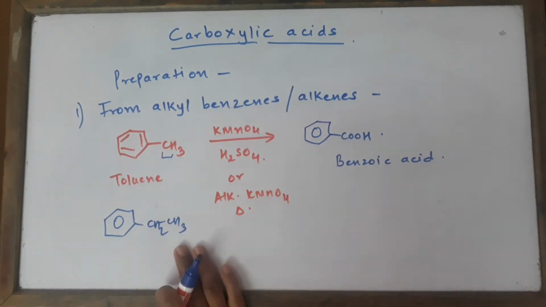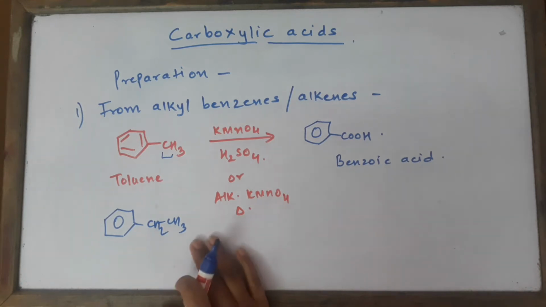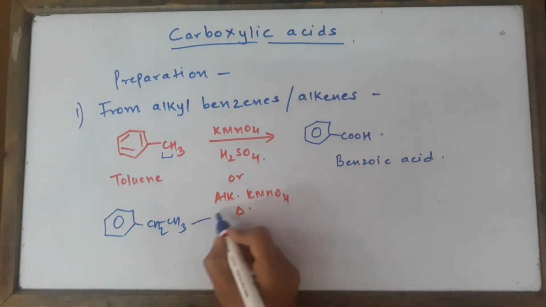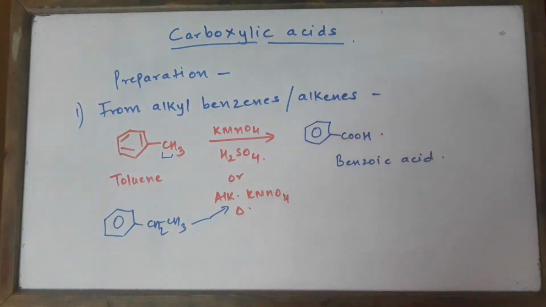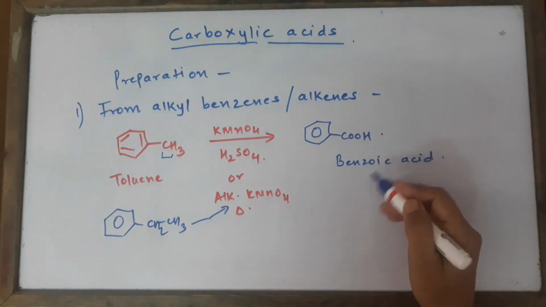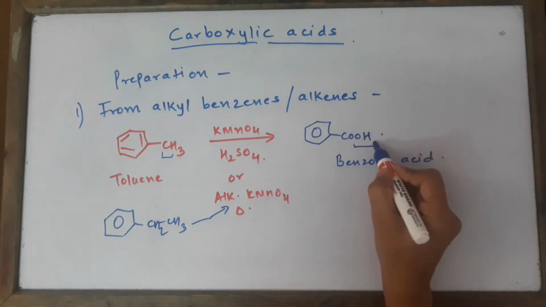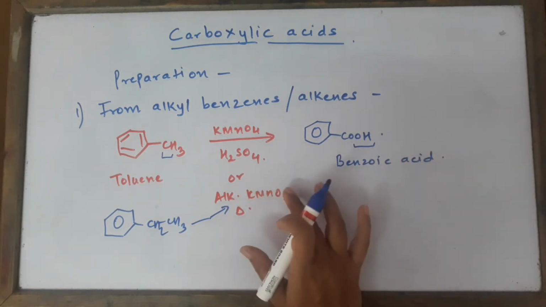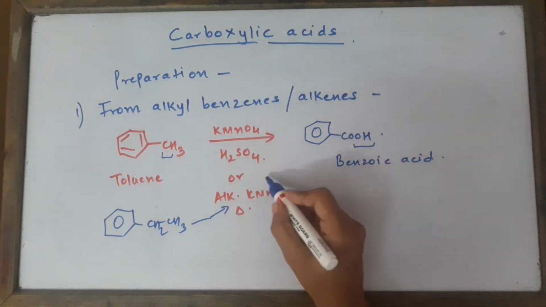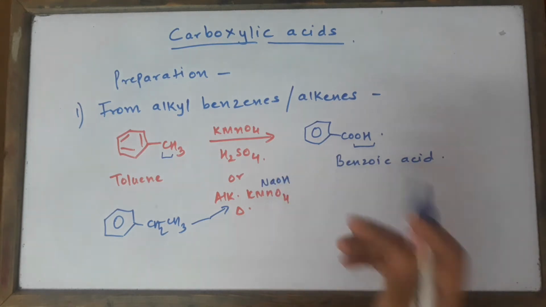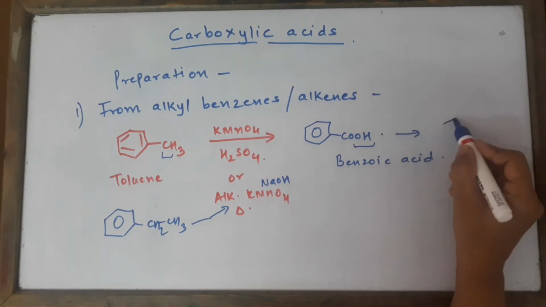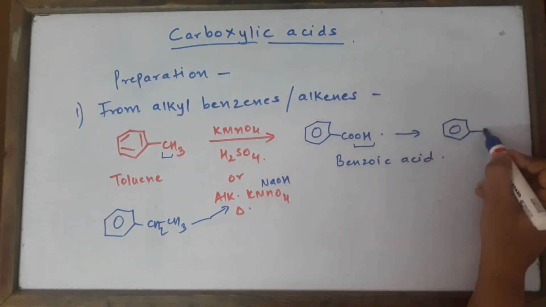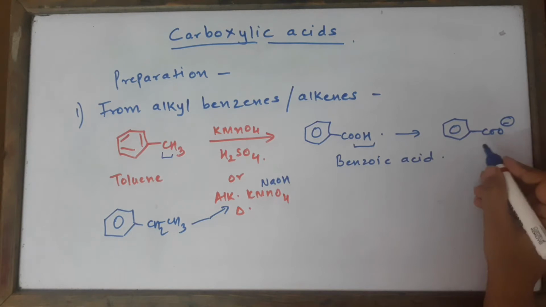We have CH2CH3, that's called ethyl benzene, and let's suppose that we are going to react this with alkaline KMnO4. What is the difference between acidic KMnO4 and alkaline KMnO4? When you use acidified KMnO4 you will directly get your product, but when you use alkaline KMnO4, you can understand, children, that there's already an alkali in this. For example, if I've added sodium hydroxide, then my product is not going to be an acid, but rather it is going to be a salt of the acid. So I will be writing it rather like COO minus, that is benzoate.